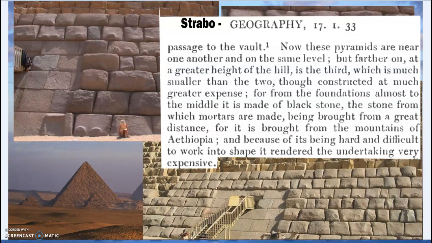But the important one, Strabo's Geography, he describes his travels through the ancient world, and just to focus on Egypt, he describes Menkaure's pyramid. "Now these pyramids are near one another and on the same level, but farther on, at a greater height of the hill, is the third, which is smaller than the other two, though constructed at much greater expense. For the foundations almost to the middle is made of black stone, the stone from which mortars are made, being brought from a great distance, for it is brought from the mountains of Ethiopia, and because of its being hard and difficult to work into shape, it rendered the undertaking